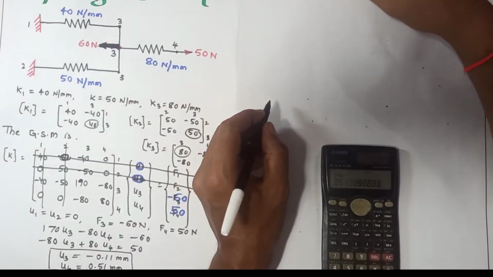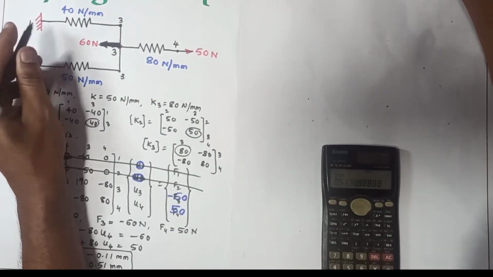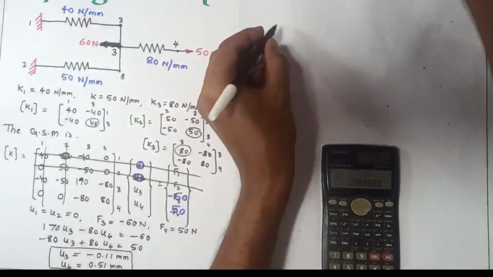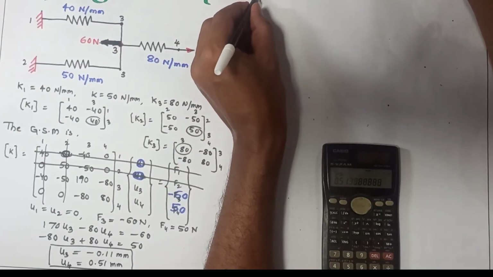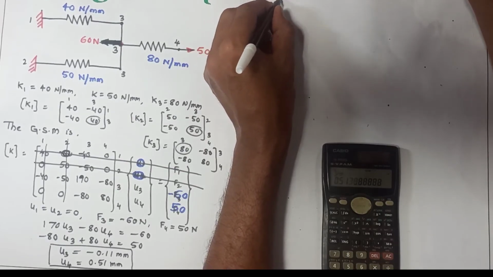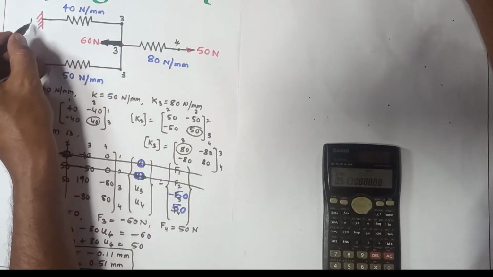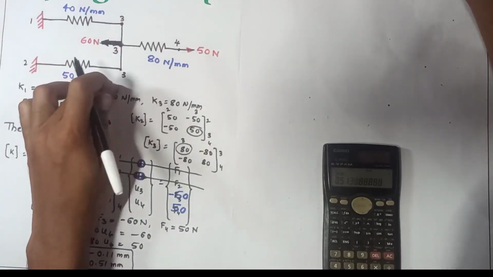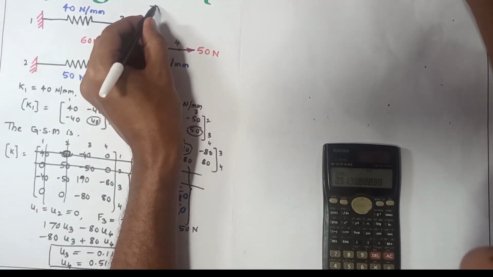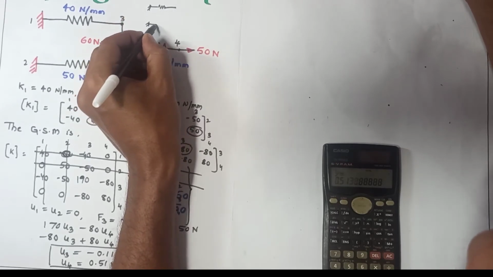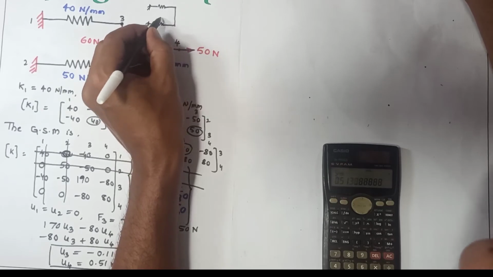Okay, so now here in this diagram, there are two springs which are arranged in parallel. It means 40 and 50 are under parallel connection. So for parallel connection, first you need to discretize. Now I will remove the initial numbering, it is like this. This is one spring and this is the other spring. So these two are parallel.